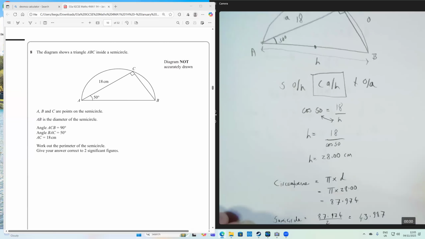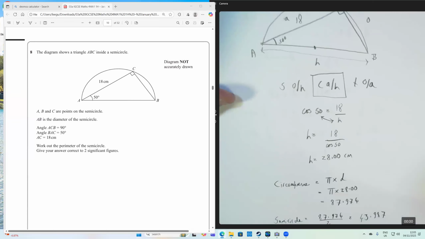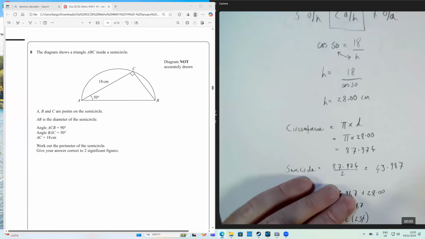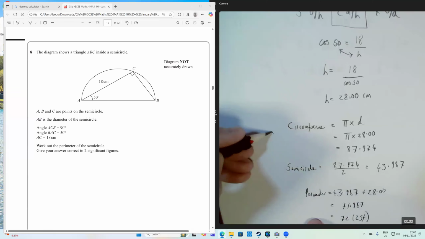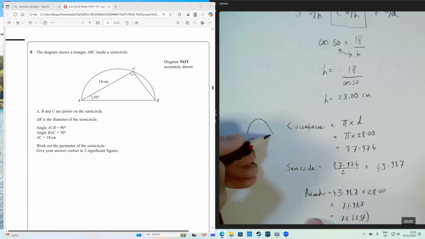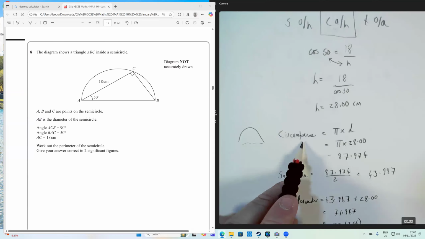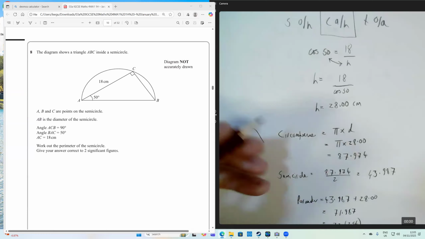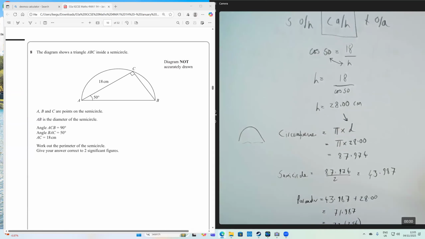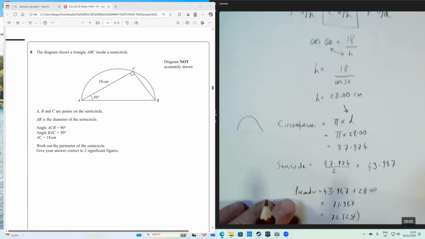So 28.00 centimeters. That's great. So far we found the length of the diameter. Now all we've got to do is work out the circumference of half of a circle. Okay, so what we're going to do with a semicircle. Circumference is pi times diameter. We now know the diameter is 28. So pi times 28 gives us